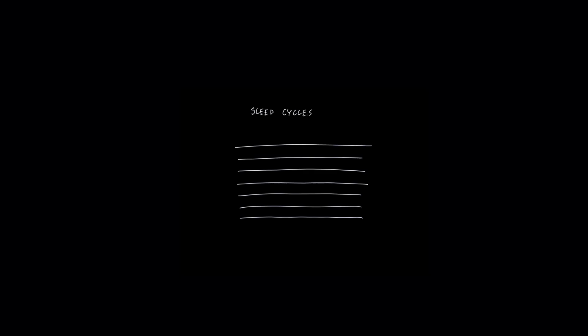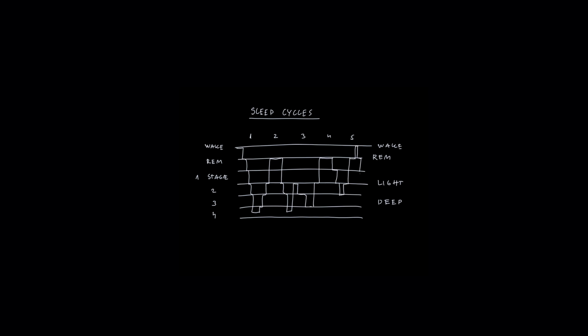This is how a typical night's sleep looks in phases. Each sleep cycle is roughly 90 minutes, 75% plus of which is non-REM sleep, 25% REM sleep. Normally, we'd go through 5 cycles of sleep, alternating between the sleep stages of light sleep, deep sleep, REM sleep,